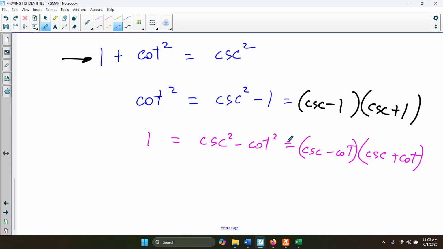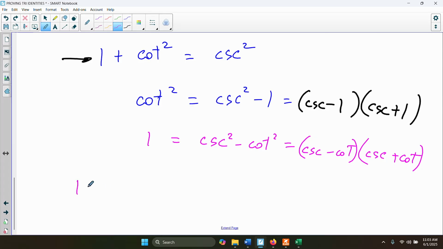Let me see if I can develop 3. I already solved for this. Now, by the way, can I factor this? No, because of the plus. I cannot factor that. If on the other hand, this was a minus, like here,